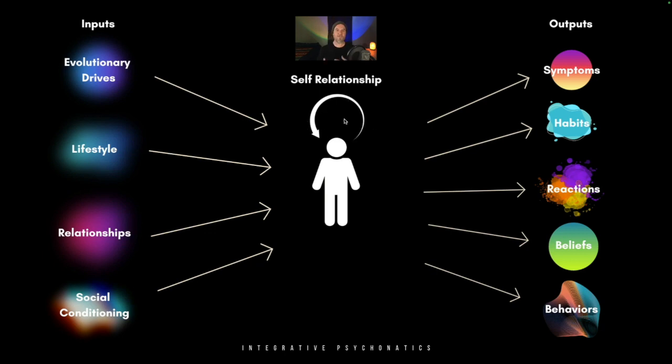And if we're to be really granular and more specific about it, there's actually probably a series of loops, and those loops can kind of branch off into different layers of self-relationship, because self-relationship, of course, is probably multifaceted and complex and contextual and much more dynamic than just a simple little loop like this. But the point I really want you to gather here is that this is a place where you have a lot of leverage over yourself, where you have the power to impact and change and shape and heal or wound yourself, right?